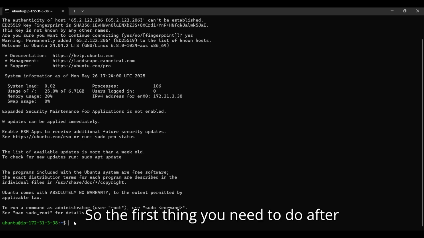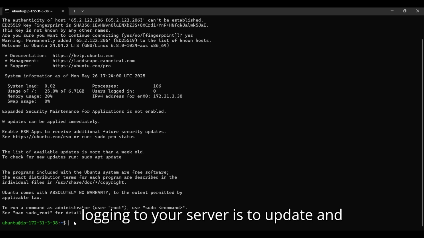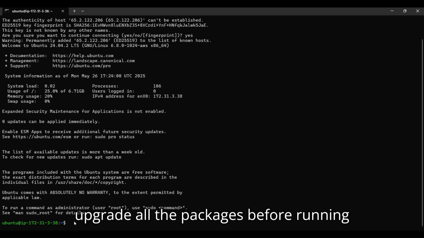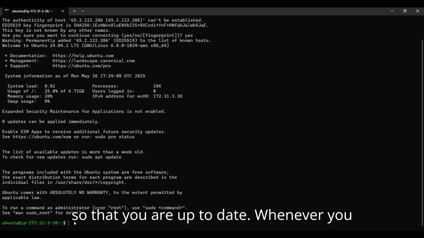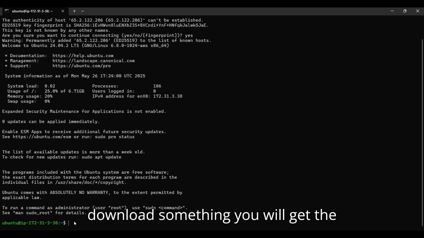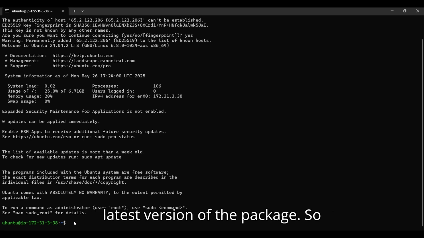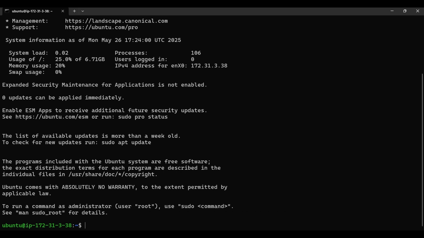The first thing you need to do after logging into your server is to update and upgrade all the packages before running any command, so that you are up to date. Whenever you download something, you will get the latest version of the package. So just type the command sudo apt update.